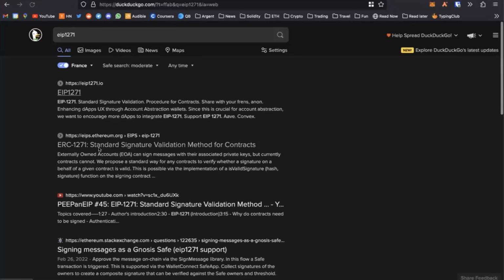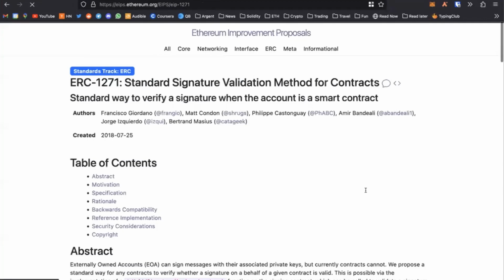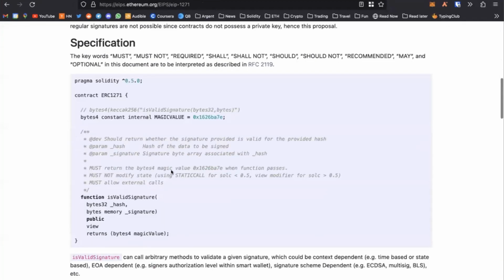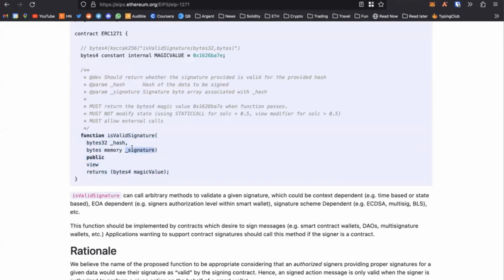It's an interface on the account where you define this function that takes the signature and message, and basically returns a Boolean, either true or false: is this signature valid? You can code this function whichever way you want.